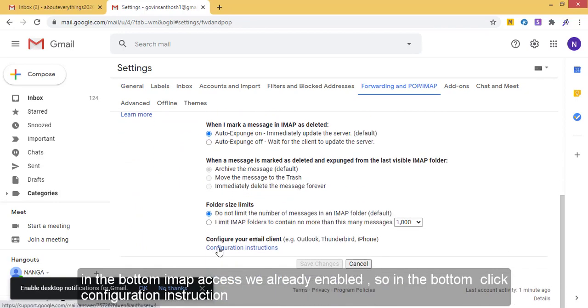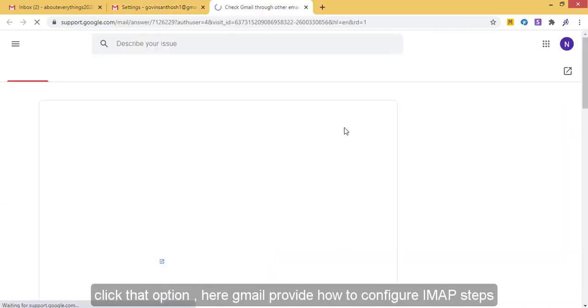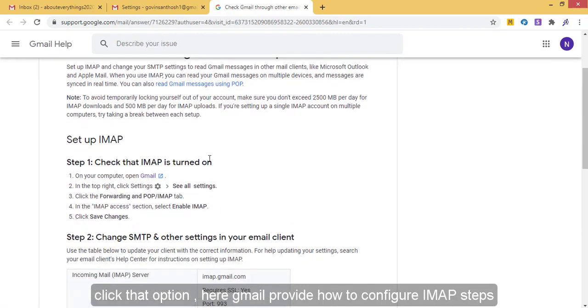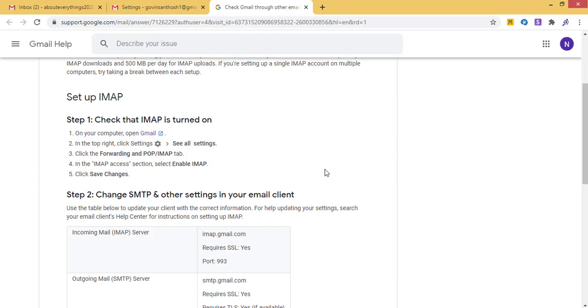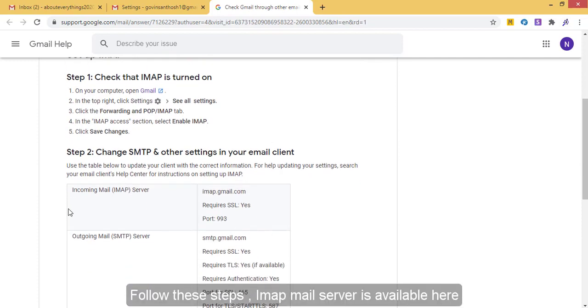At the bottom, configuration instructions are available. Click that option, and Gmail explains how to configure IMAP access in a third-party app like Outlook or other apps. So we follow these steps.